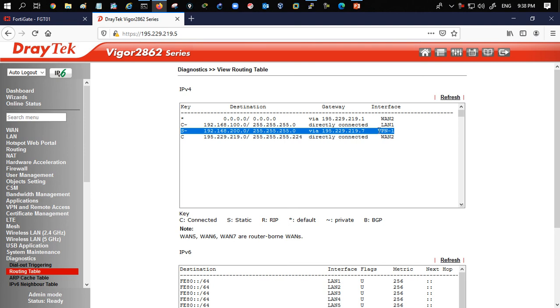What a beauty that for DrayTek and FortiGate you are able to do this, because especially on the DrayTek side you don't need to configure any kind of static routes. It's going to be done automatically. Yeah, and